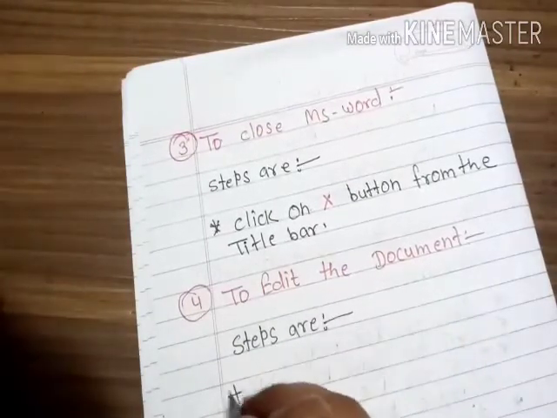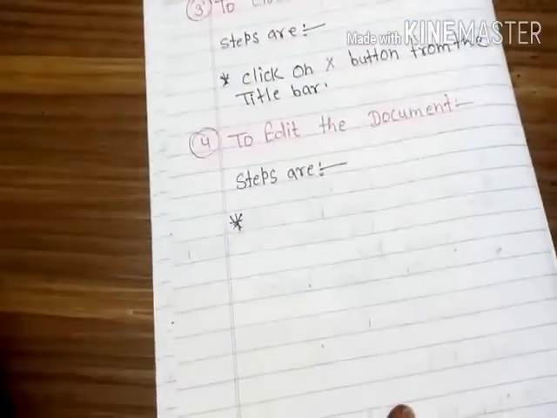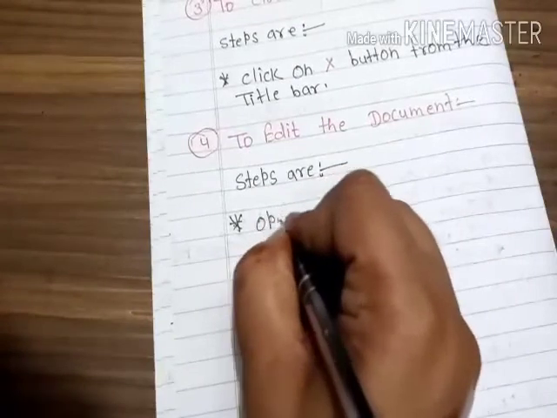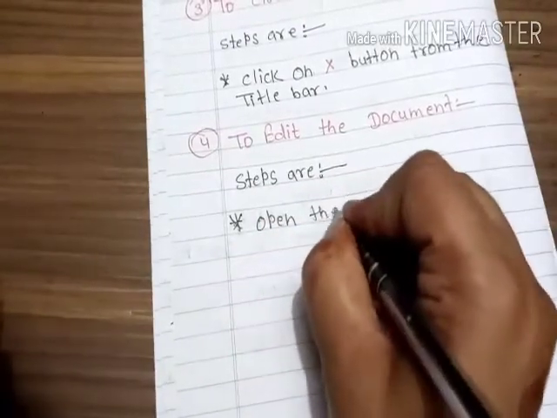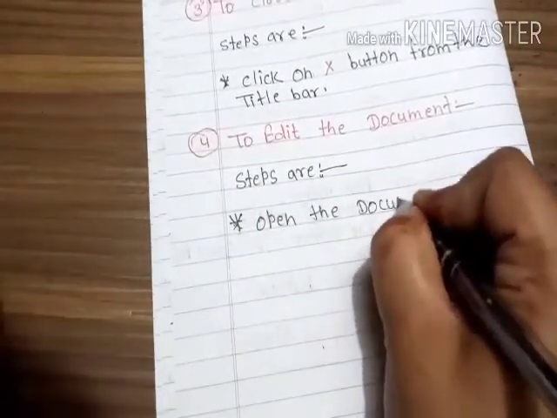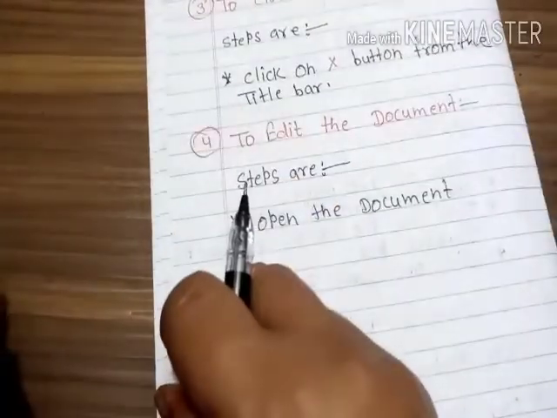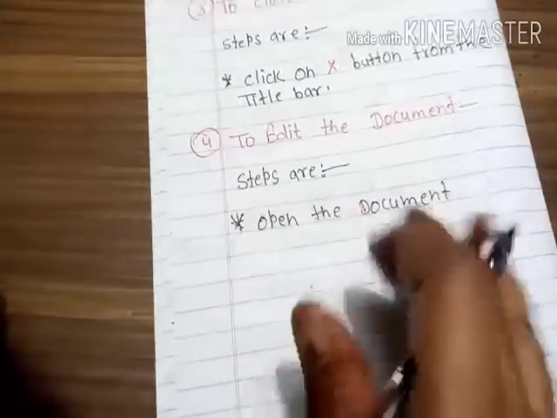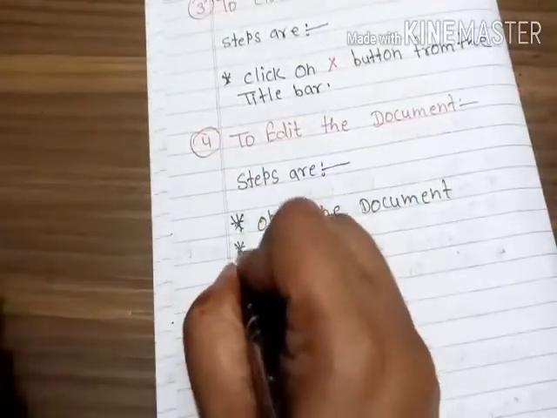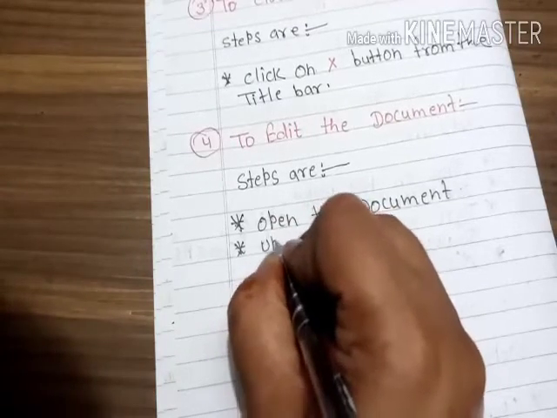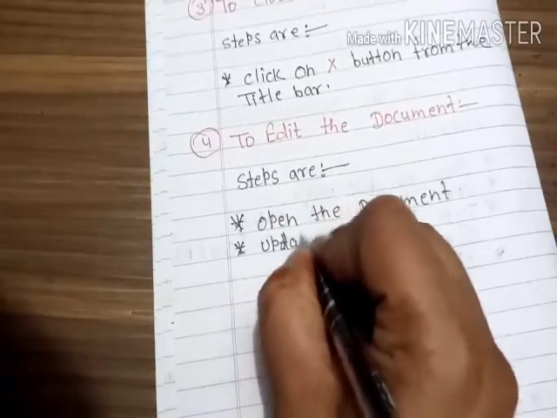What are the steps you have to follow to edit the document in MS Word? So first of all, you have to open the document. I have already told you what are the steps you have to follow to open the document. After opening that one, update